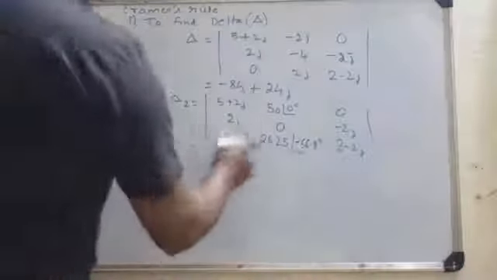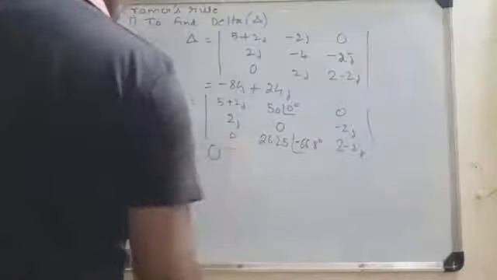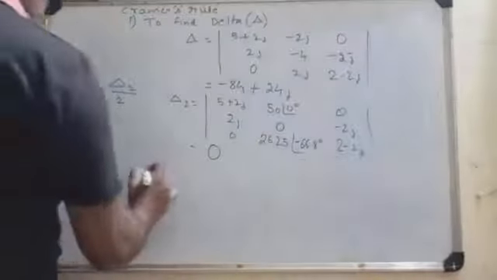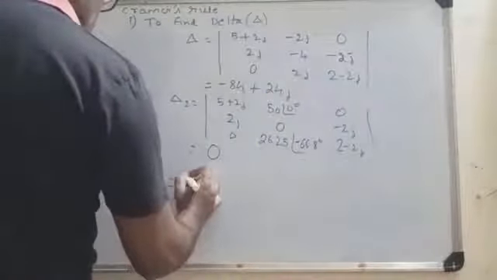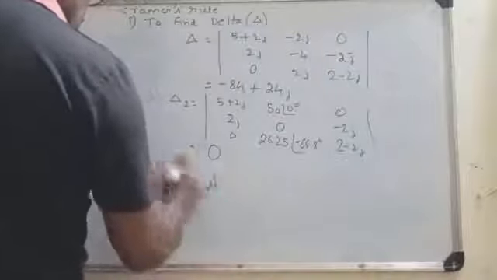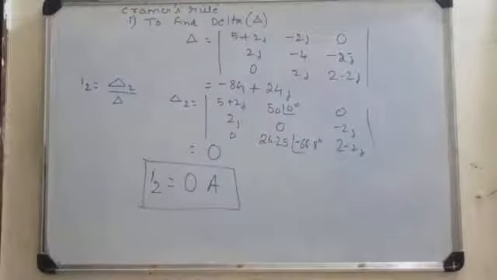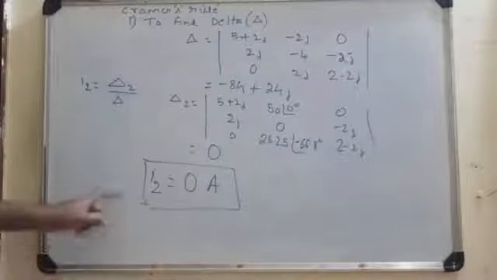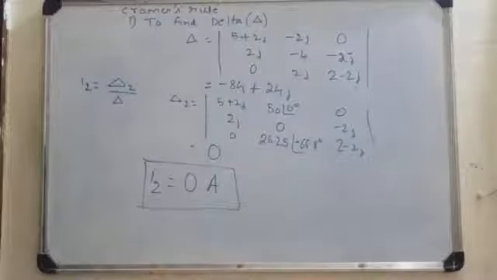So now I need to solve this. On solving this using Cramer's rule, delta 2 I'll get 0. From this I conclude that I2 is 0. So the current flowing in the first is 0. So current through 4 ohm is 0. So this is how the problem has to be solved. Thank you.